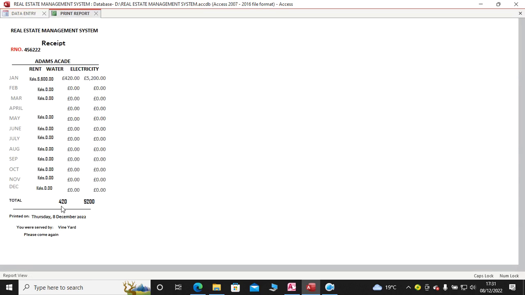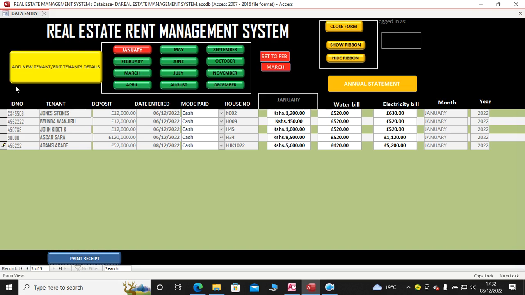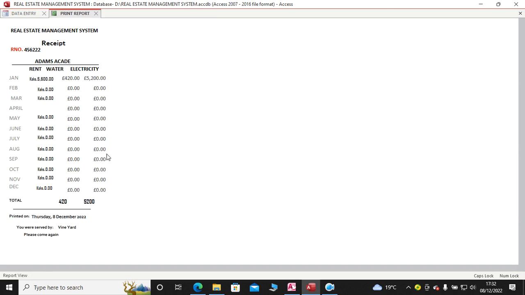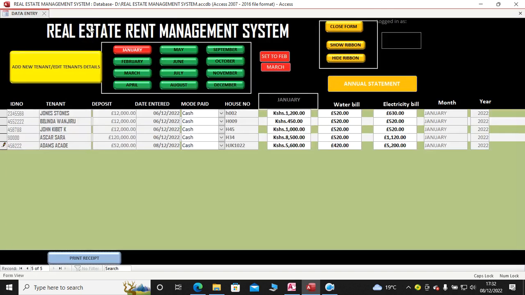You see, this is what Adams Arcade has paid here. This is his stuff here. He has paid rent of 5,600 for January, 20 for water, and electricity. This is the receipt for this guy here. So after having done that, you just need to click there and click receipt in case you need to have that. So if I go to the month of April, here we set 0 for him,